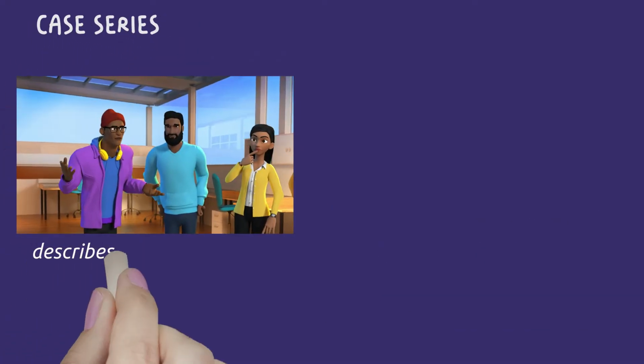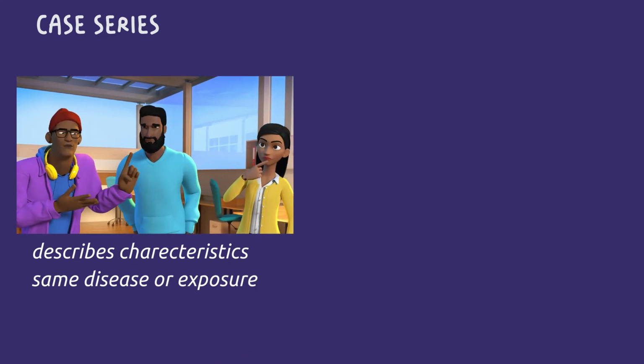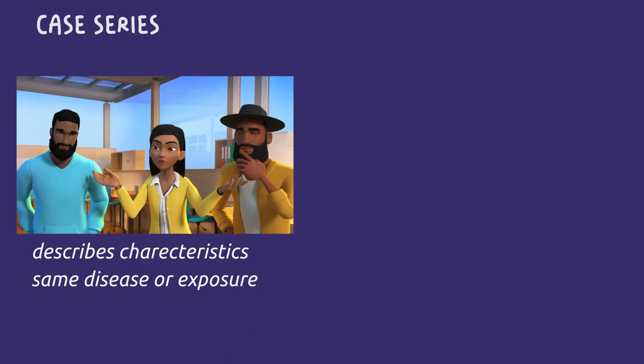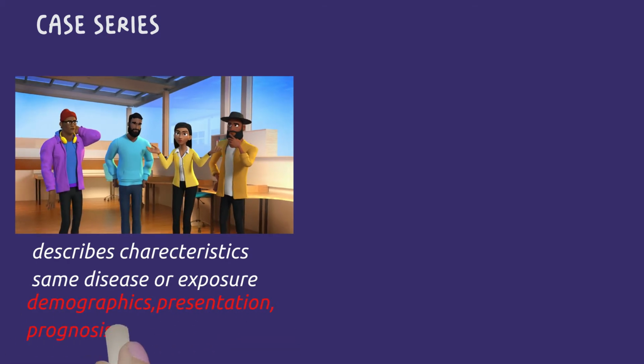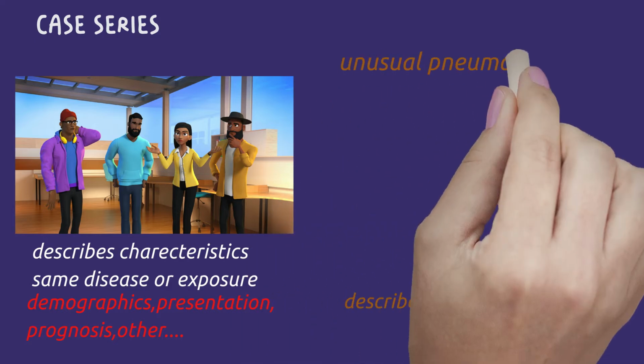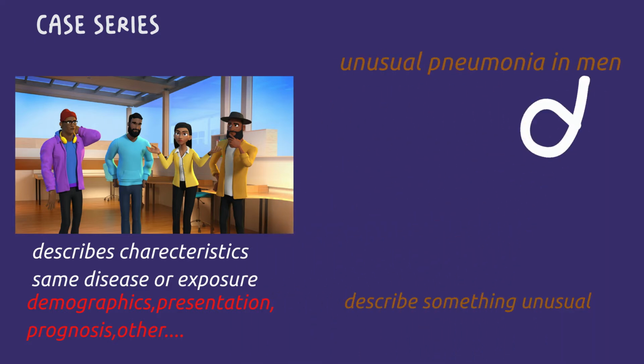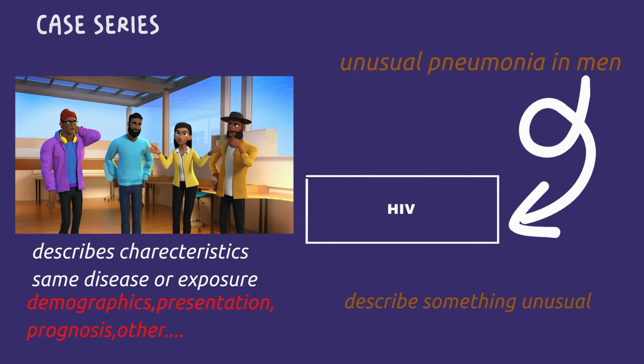A case series describes the characteristics of a group of people who have the same disease or the same exposure. The aim of this is to understand the demographic, clinical presentation, prognosis, or other characteristics of people who have a particular disease or describe something unusual. For example, in the early 1980s, the occurrence of unusual pneumonia in men led to the recognition and identification of